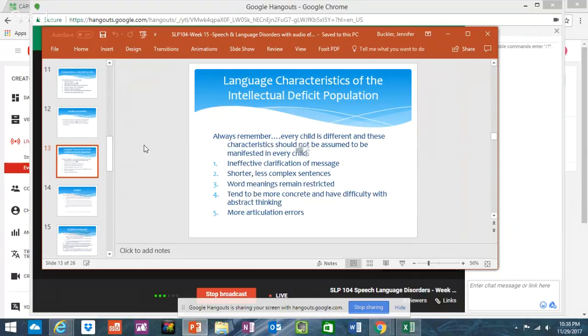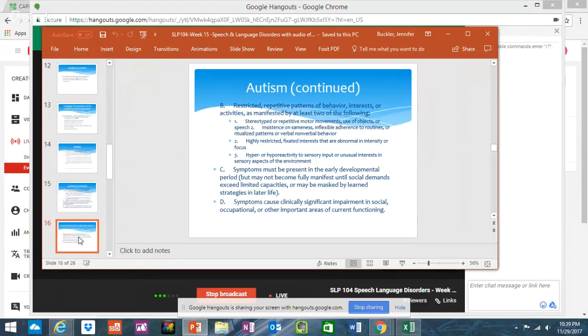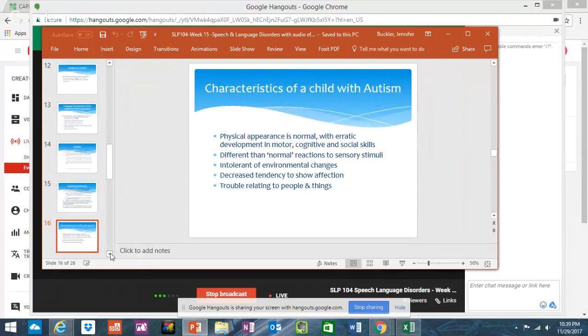The characteristics of an individual who has cognitive deficits might include some of the information on this slide, and there's some more in your text. I'm not going to detail them out here. Again, the same thing for children with autism. They have very specific